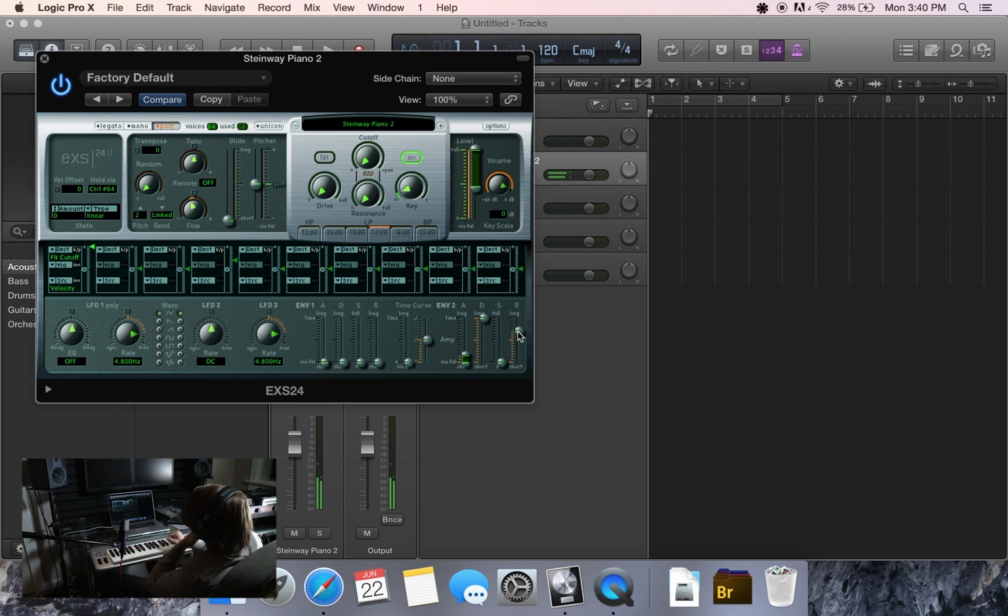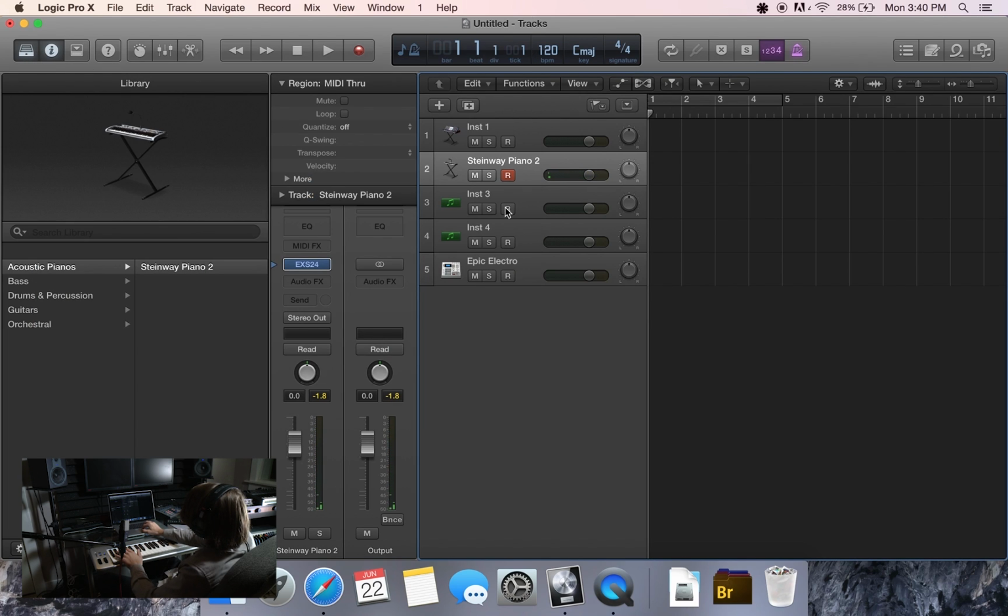There's a lot you can do with piano. Piano is one of my favorites to use. Oh, there we go. So yeah, you want to get a couple different instruments that you're going to be using. Now we're going to come in